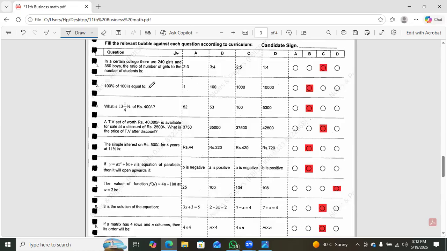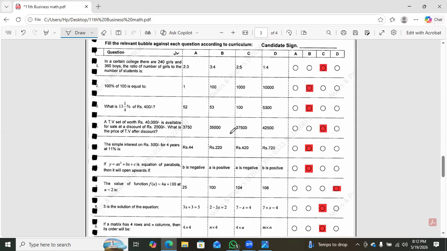This is also present in the model paper. What is this percent of rupees 400? So if you solve this, it would be 53. A TV set worth rupees 40,000 is available for sale at a discount of rupees 2,500. What is the price of the TV after discount? So